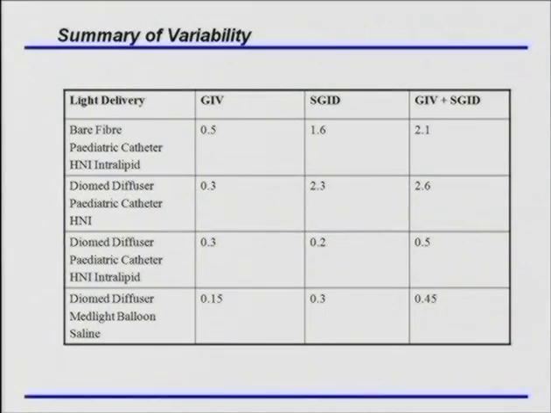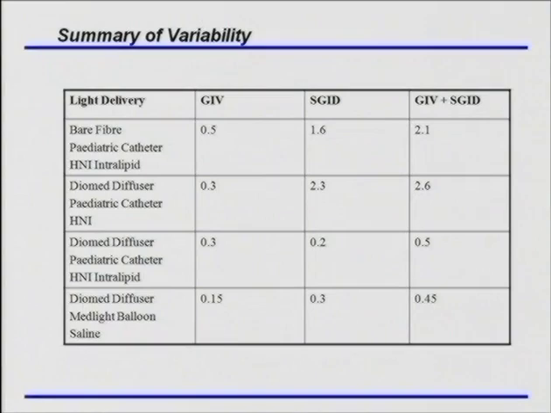So I think this was the equator, that's the north to south. We didn't know what to do with these numbers, so we added them together. So that gives you a number which is related to the non-uniformity. So the higher the number, the less uniform. So we're looking for a low number here. So we start off with a bare fibre, pediatric catheter, and intralipid. That is what we were doing until this summer student came along and made the measurements. So because of the work of this summer student, we have changed what we do. With this combination, we get a figure of